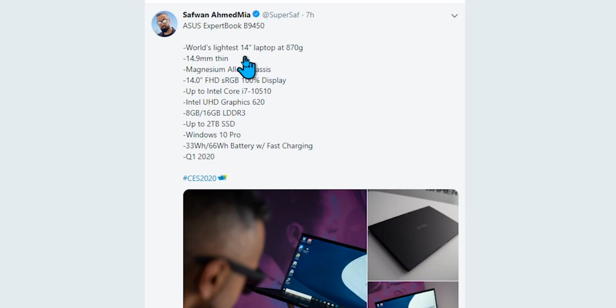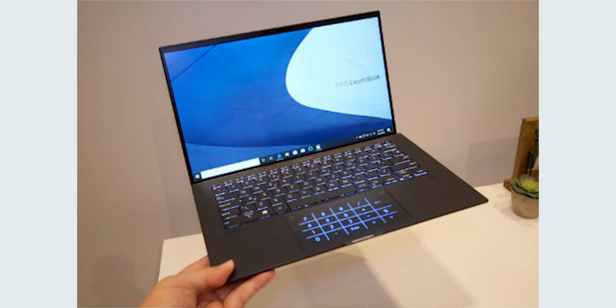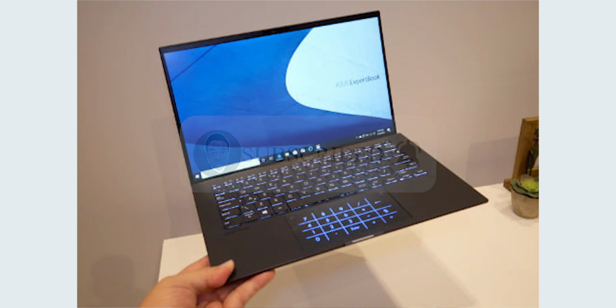And it's the world's lightest 14-inch laptop. It comes in at 870 grams. It is 14.9 millimeters thick, and it has a magnesium alloy chassis, which is a pretty cool finish also. It goes up to Intel Core i7, which is a pretty fast processor. So this will definitely be faster than the Samsung Chromebook, which is reasonable, because Chromebooks are for lighter